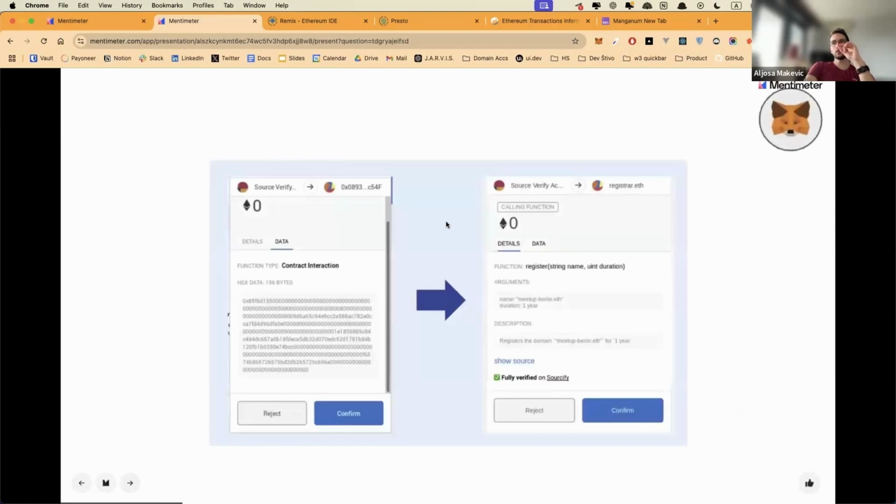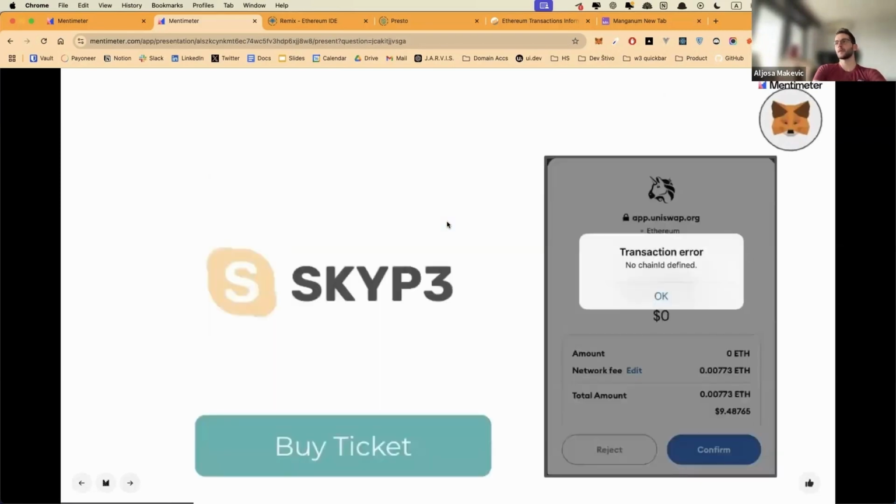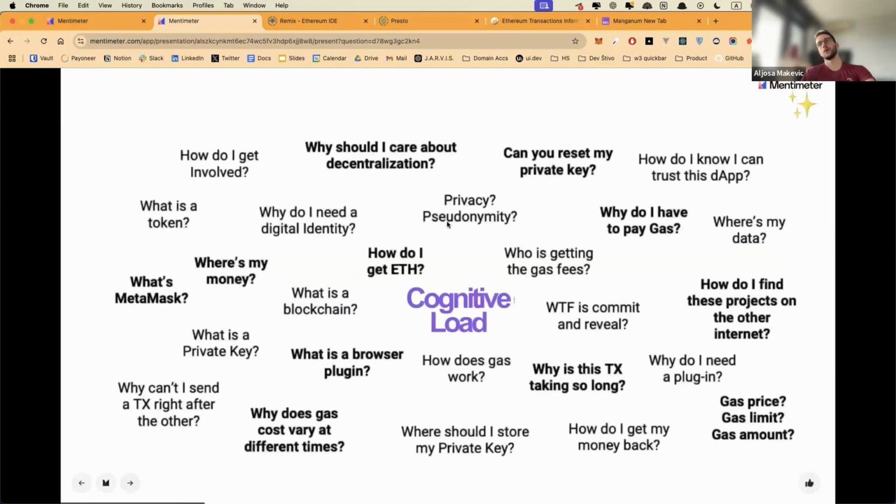And sometimes, depending on how well or how clean the smart contract has been written, you're going to see clearly what you're about to sign, and sometimes it's just going to be a bunch of bytes and hex data, which is not ideal, but it's something in the UI/UX space in Web3 that we're working on. And also something that you're not used to in Web2 is that a transaction can fail and revert, either because you don't have the right chain selected or because the chain is maybe too clogged and you have to do the transaction again.